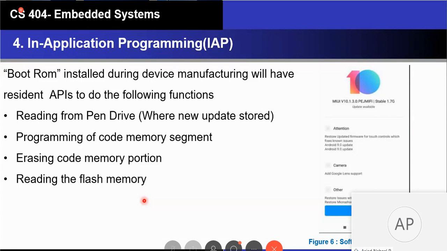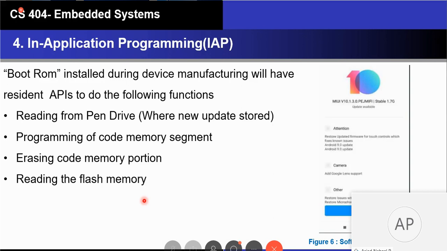The boot ROM is a set of routines which is capable of accessing the other memory. From 0000 to the start of the boot ROM there will be a huge code memory area. The boot ROM has code routines which can access the memory, erase its content, and so on. Once the boot ROM is installed, when a firmware update comes, the boot ROM is responsible for taking the firmware, replacing the remaining portion of the code memory, and placing the new firmware according to how the update has to be done. That is the role of the boot ROM.